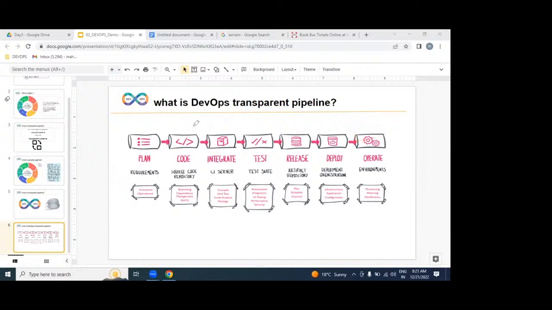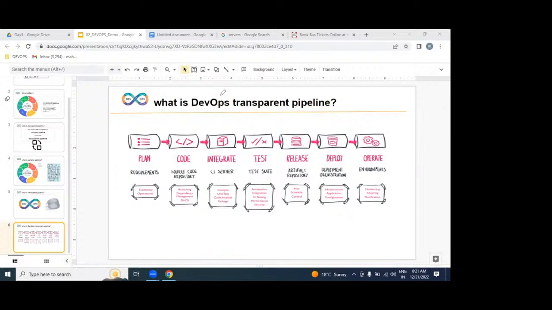While implementing this automated transparent pipeline, make sure you deliver the working software written by the developer into the production environment within the shortest time, with high quality, low cost, and a low failure rate. This is exactly the DevOps process we understood very clearly in the last 2 demo sessions. Those who did not attend the last demo sessions, please revise once. We have discussed it in depth.